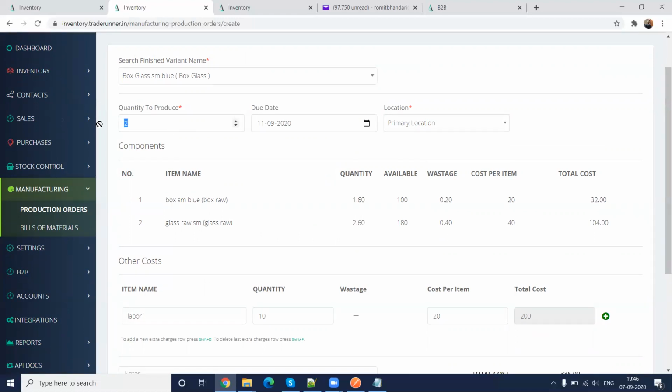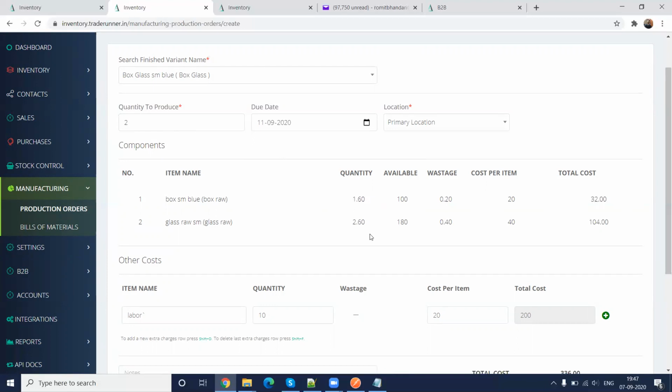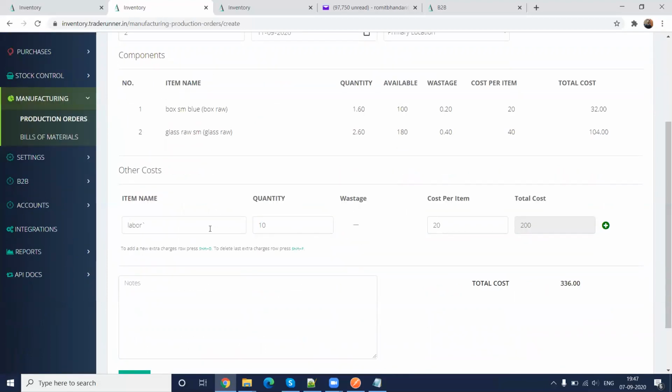Then if I make the quantity 1, automatically, as you can see, the quantity required of the components, or the raw materials, will change. If I make it 2, it becomes 1.6 and 2.6, right. And labor, whatever we gave there, came pre-populated.